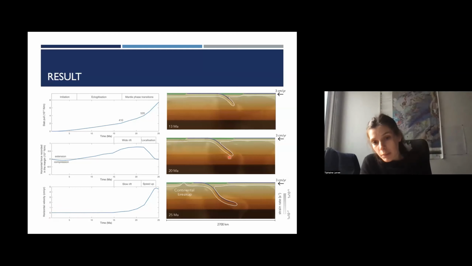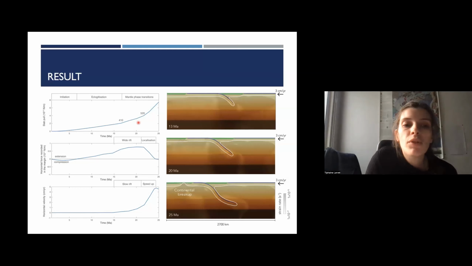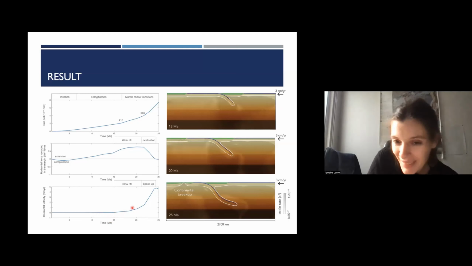But when the slab tip reaches the mantle phase transition, the slab pull force increases, and the continental margin of the lower plate begins to deform, and the velocity of the rift is now not 0.